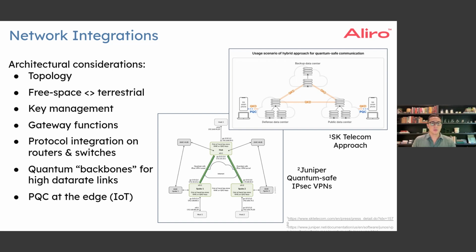And so typically, we see these hybrid architectures at the network level looking like something like this on the right, where you have the QKD or advanced secure networking at the critical backbones of your network, and these are the high data rate links of your network that are exchanging the most amount of sensitive data, right? And so you really want that advanced level of security for those links. These are infrastructure that usually is connected by fiber optic channels, so it makes it a great use case for the quantum approaches.